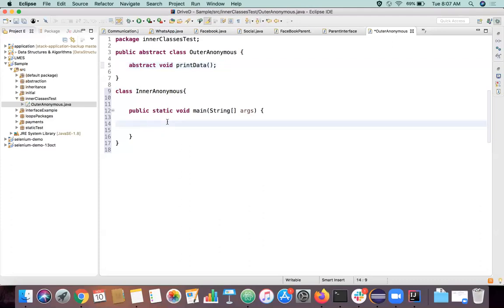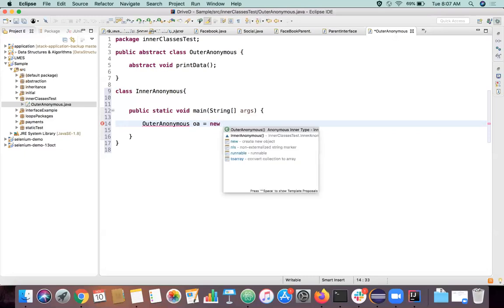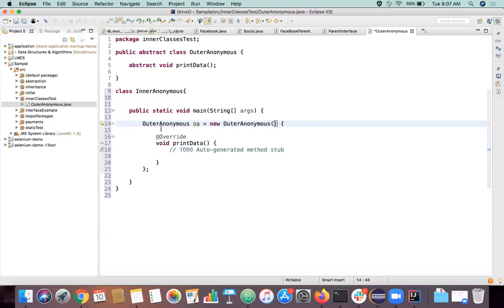So we can do one more thing also. Let's say I have an object for this. If we override like this, I can directly create an object for the abstract class, but I should override its method and do some action here.